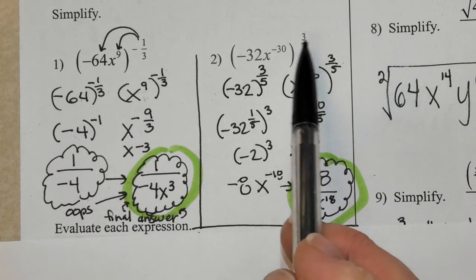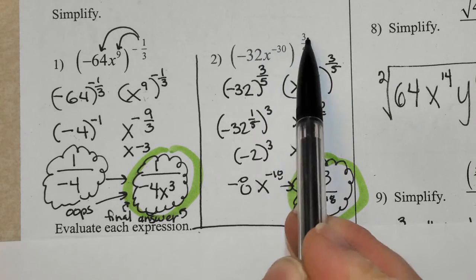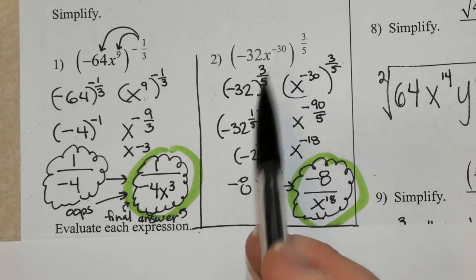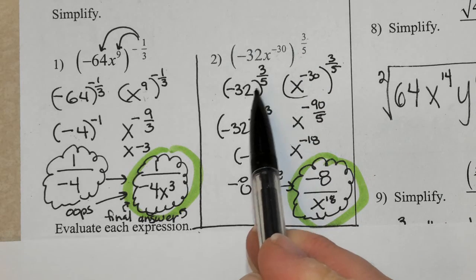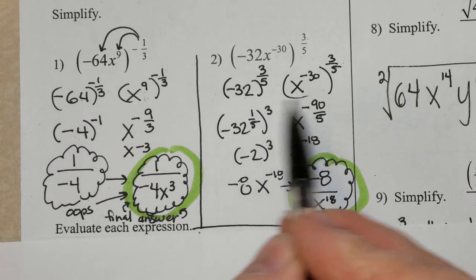Number 2, same concept. I'm taking the 3/5, pushing it over, and I'm also going to attach it here to the back. I'm looking into the 5 column and finding 32. In the 5 column, 32 is equal to 2. That's why I have a 2 here. But remember,